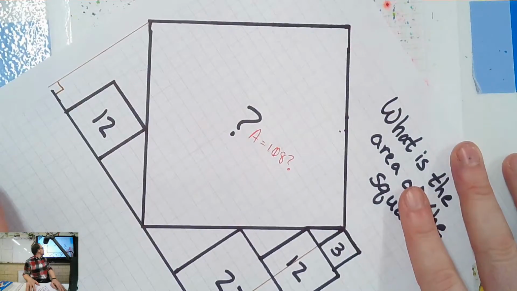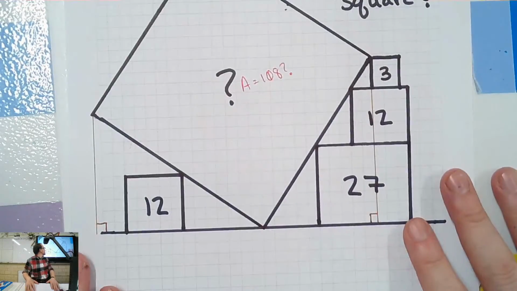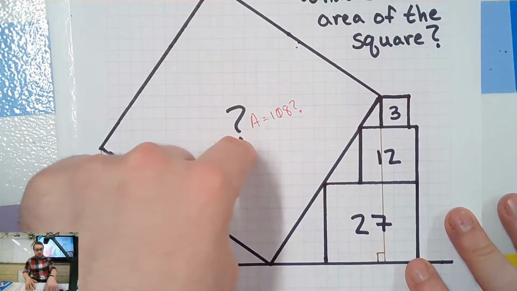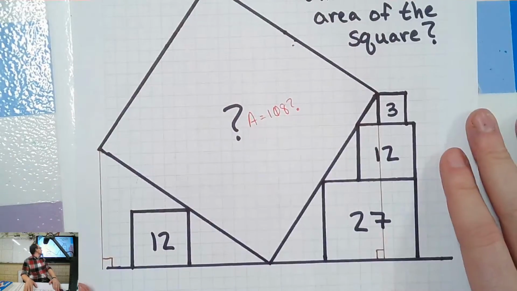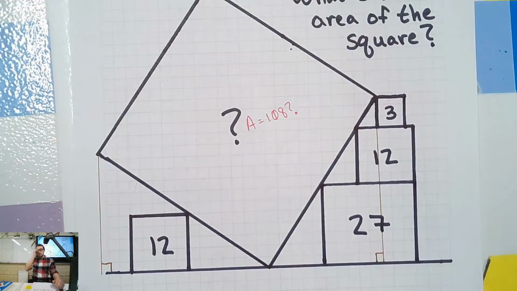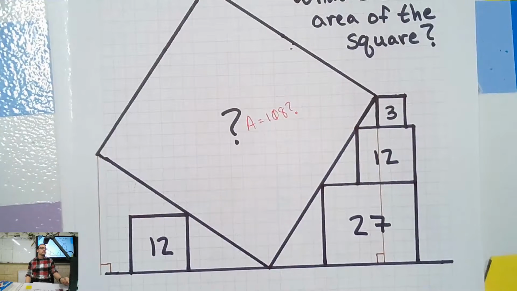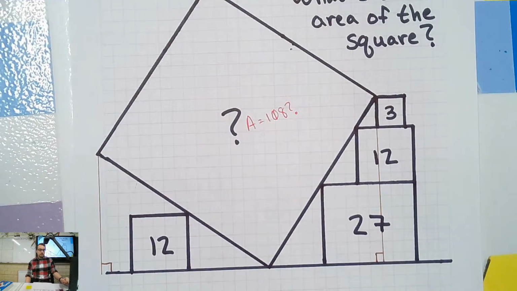Do we know that all those sides would be the same? On the box, this one? Yes, it is a square. That's the only one we know to be a square. All the rest are rectangles. They could be squares, we don't know, right? If we're trying to find the area of this square,